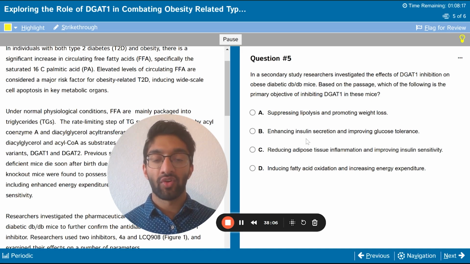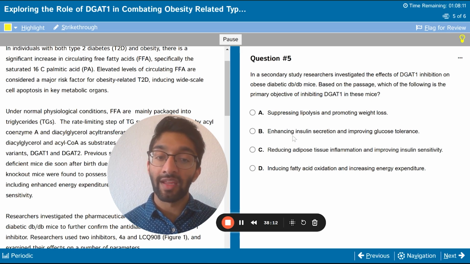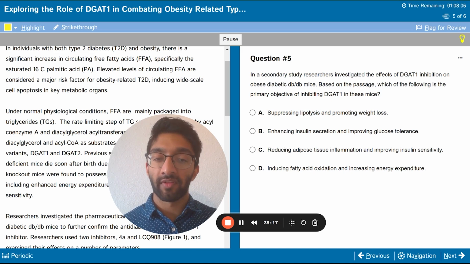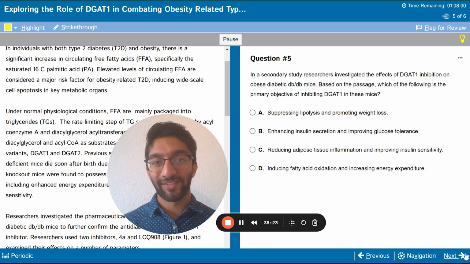So pick the answer choice that has some sort of bearing to the passage, and that's almost always a safe choice. And in this case, even though A, B, and D might be solutions for obesity or diabetes, the more specific answer choice is C. Okay, so yeah, let's finally go on to the last question here, last question of the passage.